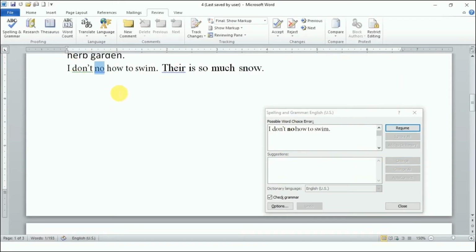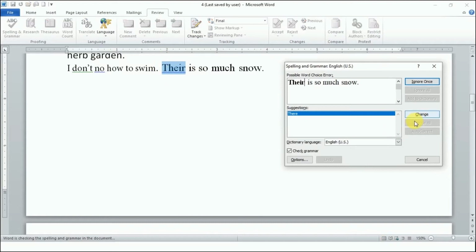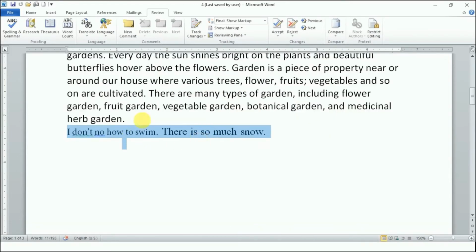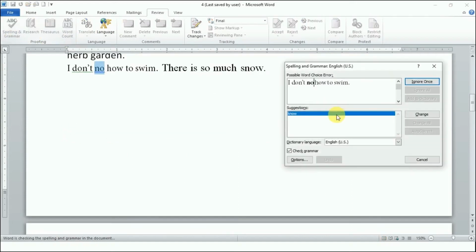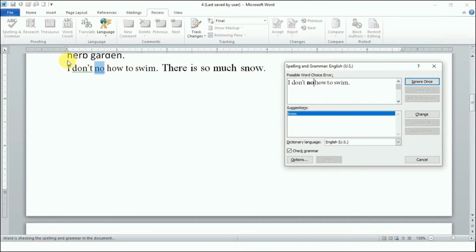Now we have this contextual error, so there is so much snow. The word itself is correct but it is used at the wrong place. So here I need to choose this word and change it. You see, I have written a wrong word here.